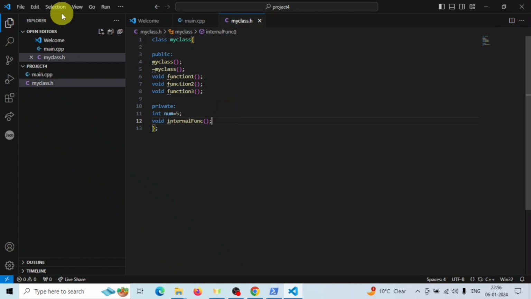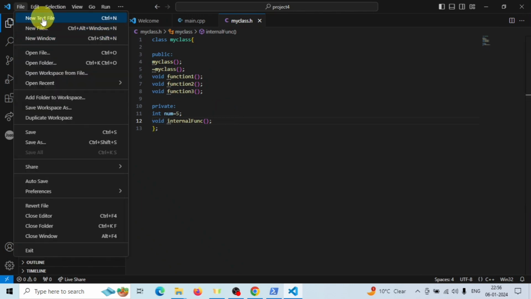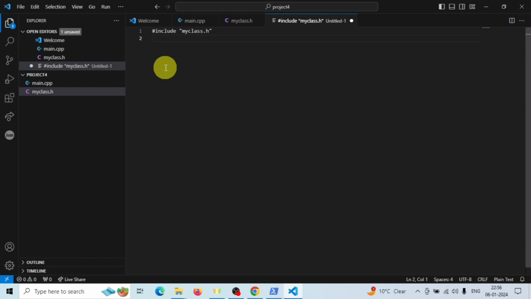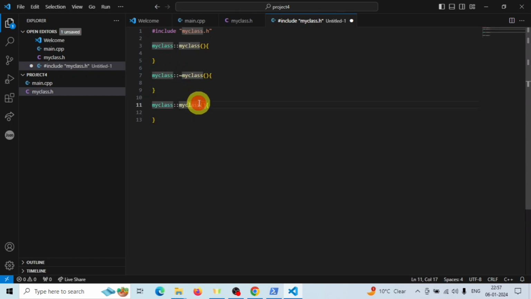Now I will have a new file. In order to implement this class, I will go to file, new text file. Here I will include the myclass.h file because I am having my class declaration in that file. And now I will define the functions which I have declared in my class.h. I will provide the definition of my constructor, then followed by the definition of destructor. Destructor will have a tilde sign in front of the function name, and the same way I will provide the definition of function 1,